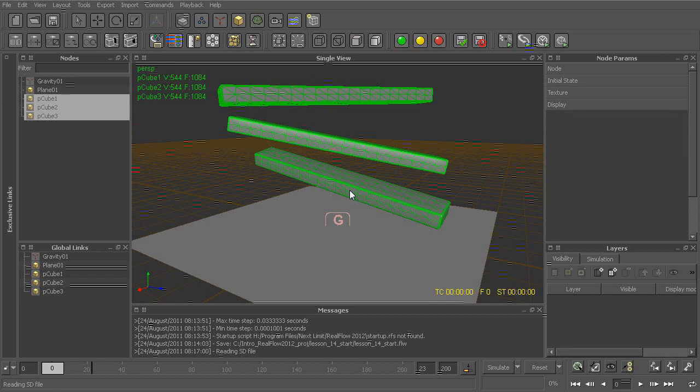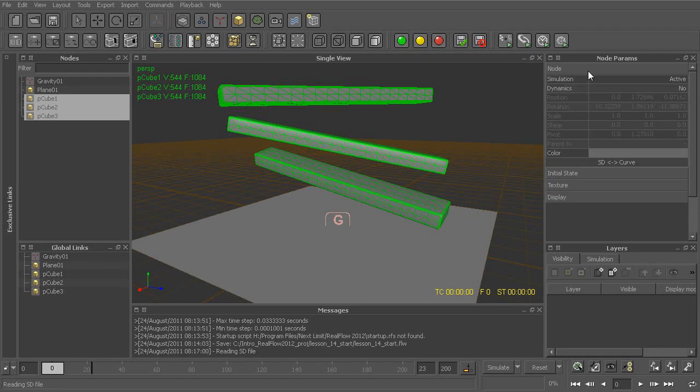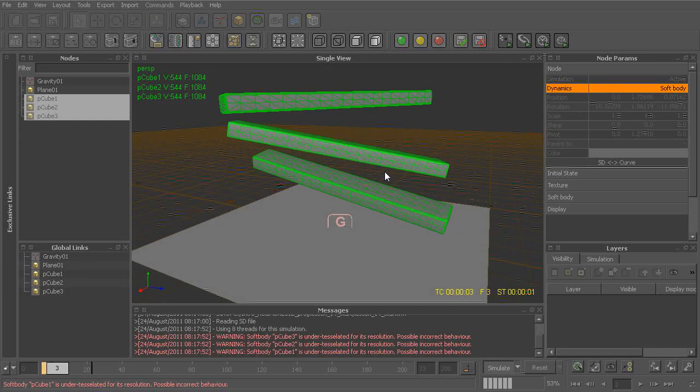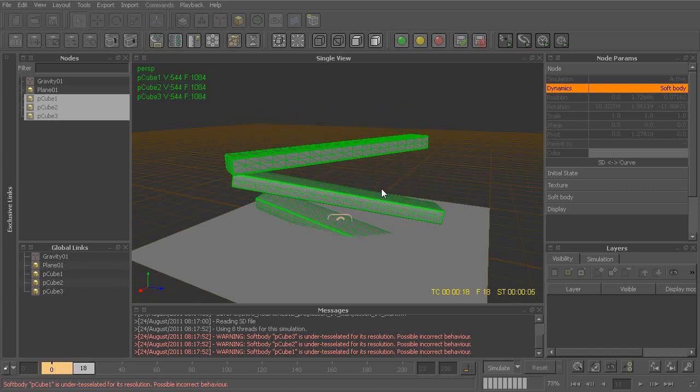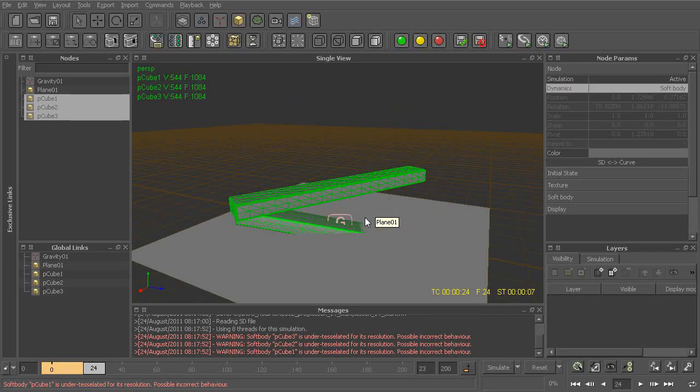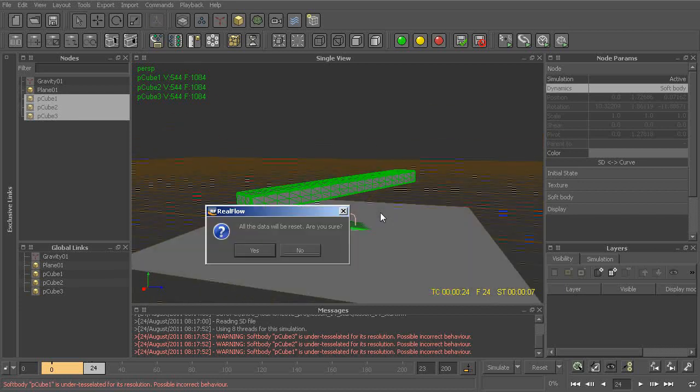So now, let's take these three objects, with all three of those selected. Let's go up to our node parameters, and underneath our dynamics, where by default this is set to no, let's set this to soft body. Okay, now at this point, we just press the A key on our keyboard to simulate, and let this go through. So you can see right now our soft bodies are going to be falling through the floor,